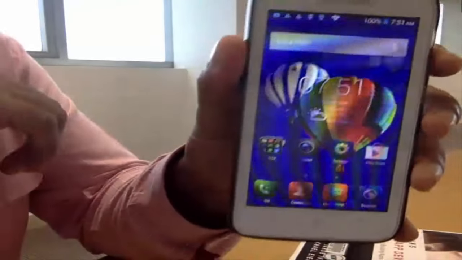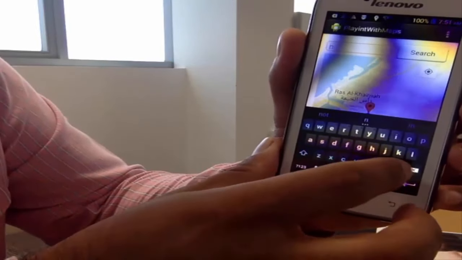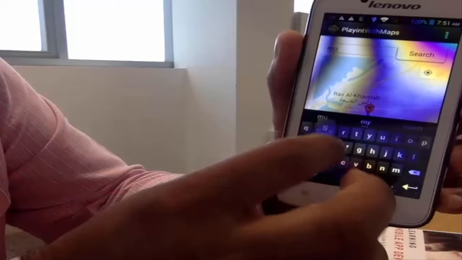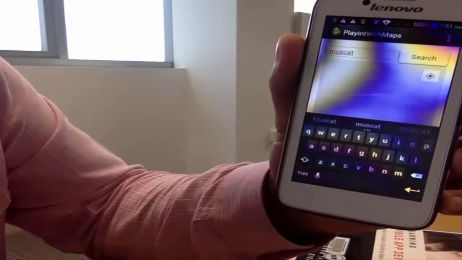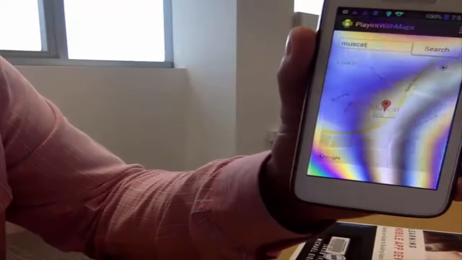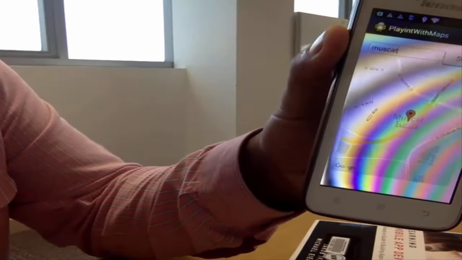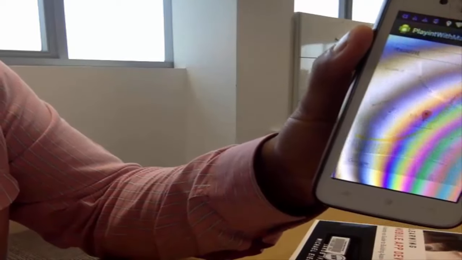So that's what happens. Let's right click and run this again. Right click, run as Android application, and it should come up over here. Let's see what happens. Okay, it is telling my location. Now let's, for example, search Muscat. It navigates there now, and it remains there, because when I click the search button, I say please do not go to my location anymore, remove the listeners of the on location change, so it does not show my location anymore. So basically that's how it is. What you need to do if you want to record all of my location